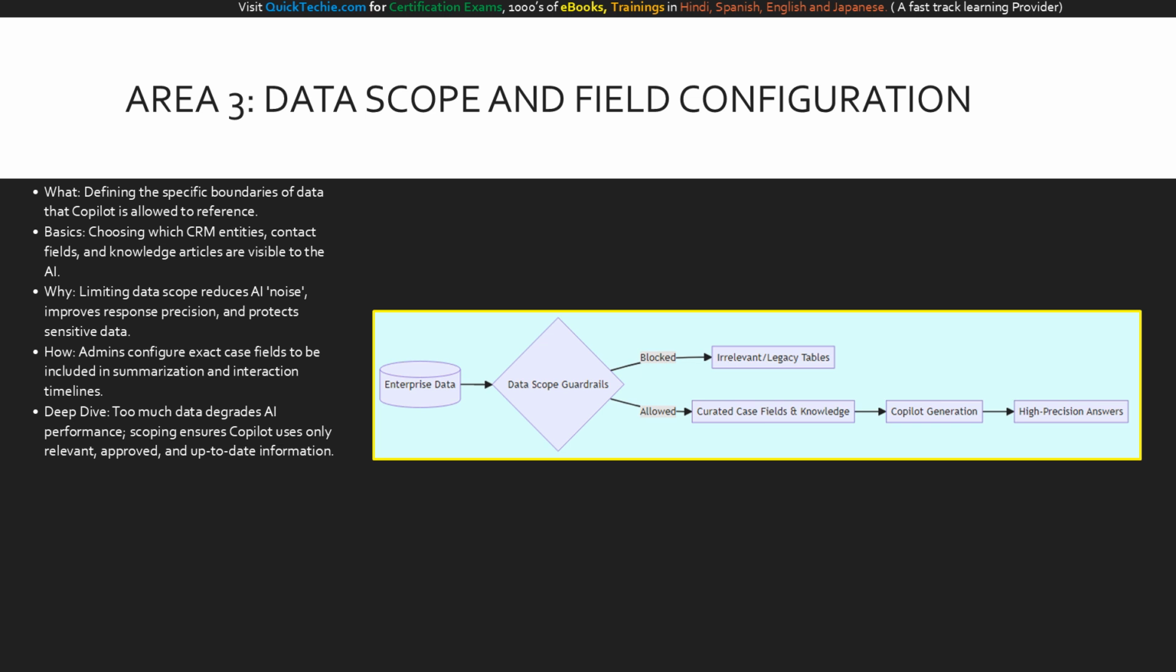This diagram illustrates the concept of data scope guardrails. On the left, we have the massive pool of enterprise data. Before Copilot can read this data, it must pass through the data scope guardrails that you architect. Notice that irrelevant or legacy tables are firmly blocked from the AI's view. Only allowed data, which consists of curated case fields and approved knowledge articles, makes it through to Copilot generation. By strictly managing this pipeline, you guarantee that the AI generates high-precision answers, reducing the risk of hallucinations caused by